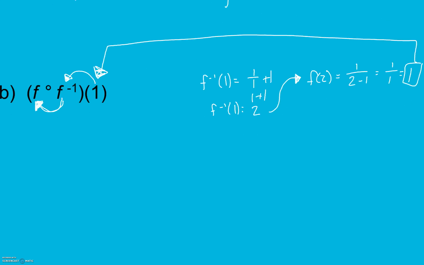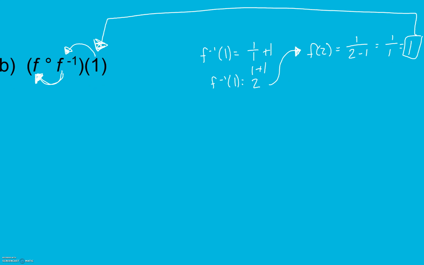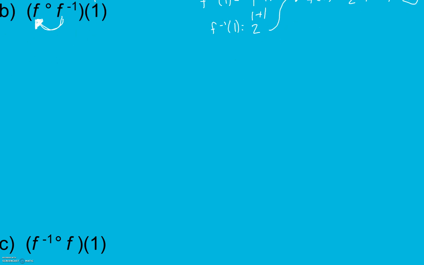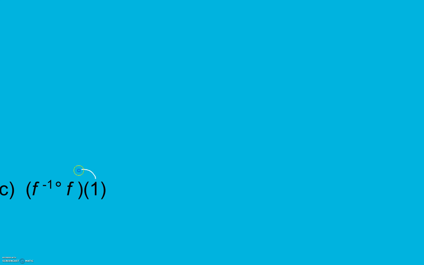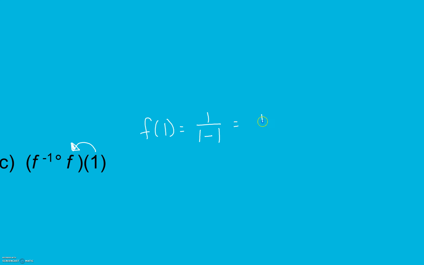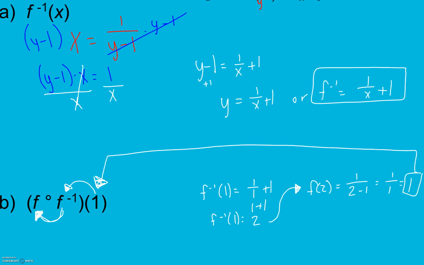So here in C, we're going to do the same thing. We're going to plug 1 into f. I get 1 divided by 0, which we can't do. So here, this doesn't exist, because 1 is not in the domain of f. If I go back up here and look at f of x,